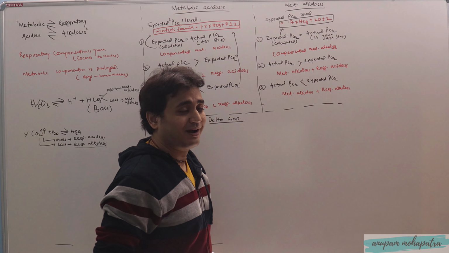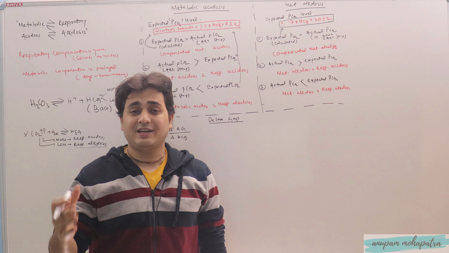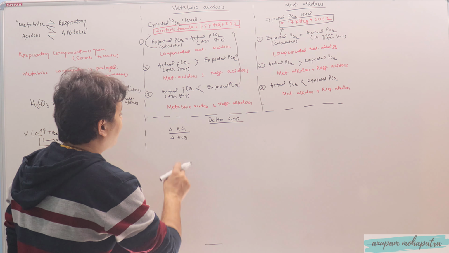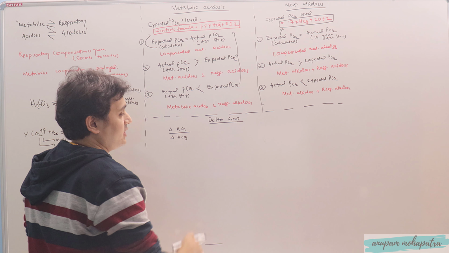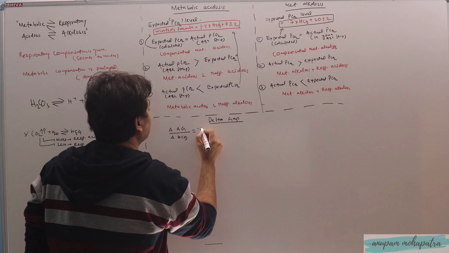Now in different books you'll find 0.4, 0.4 to 1, 1 to 2, more than 2. It is very difficult to remember. You forget all the things. Just remember the delta anion gap change should be equal to the delta bicarbonate change, right? Should be equal to 1. Consider this as normal.